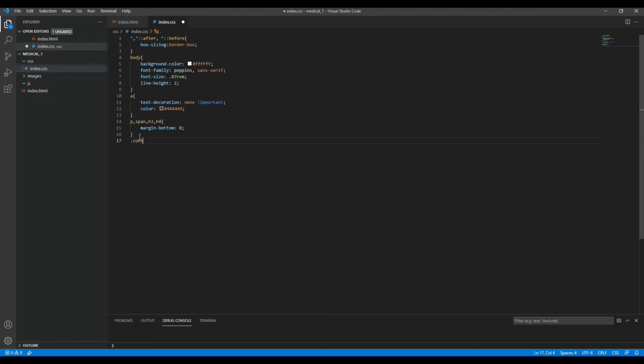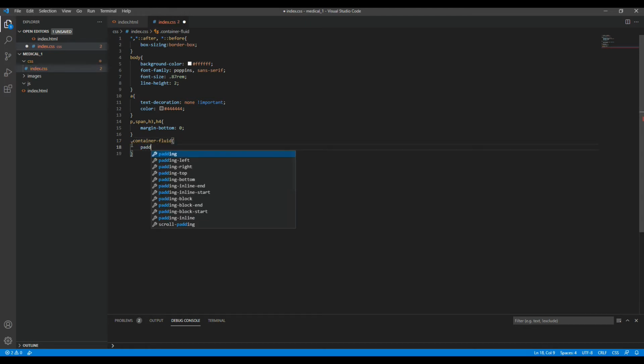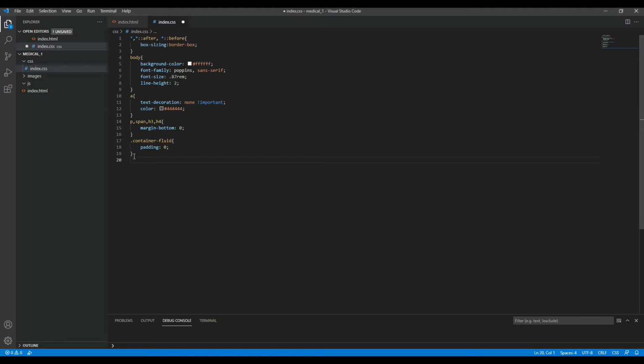So also I'm going to do a container fluid, which will be padding 0. So this one I'm just redefining the design from the Bootstrap, just to change it a little bit. And now we can start with